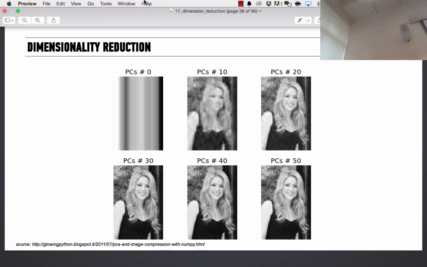So the image will start out by being 642 components because there's 642 columns of pixels. We're going to think of an image as nothing more than a series of numbers in a matrix, because to a computer, that's all it is. An image is just a bunch of numbers in a matrix. And we're going to take that matrix, make it smaller, and then look at Shakira in a new light.